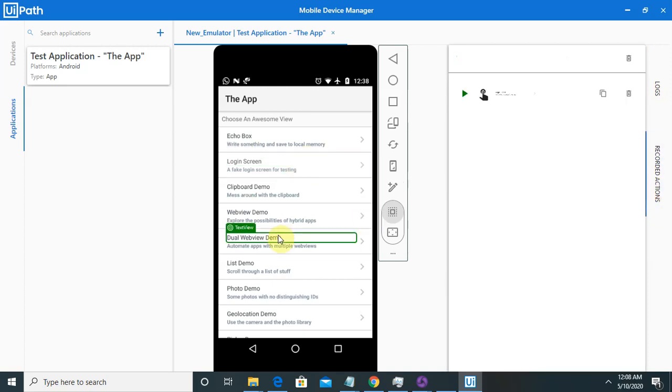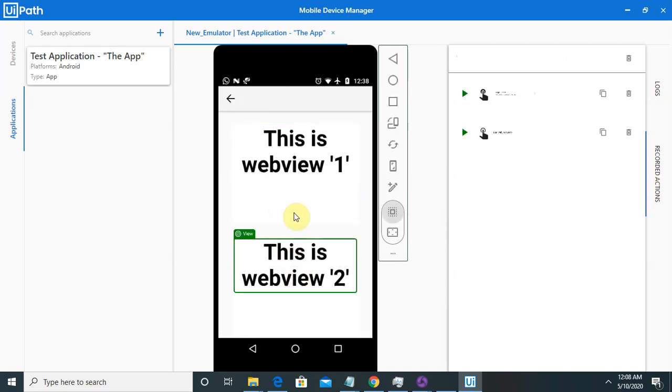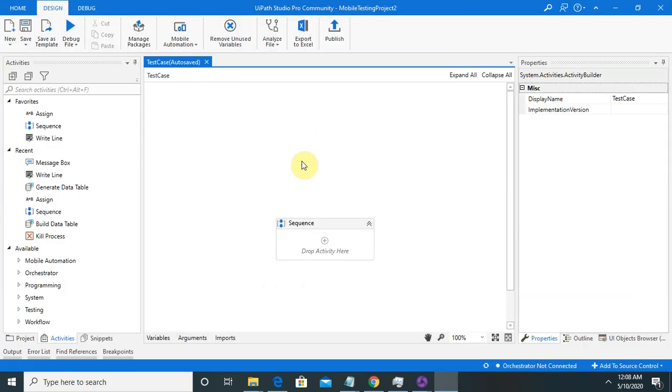For example, if I want to record my screen while tapping different sessions, this is web view, and you can see my recording is added here. This way you can automate your mobile devices according to your requirements. So this is all about mobile automation framework configuration with UiPath.